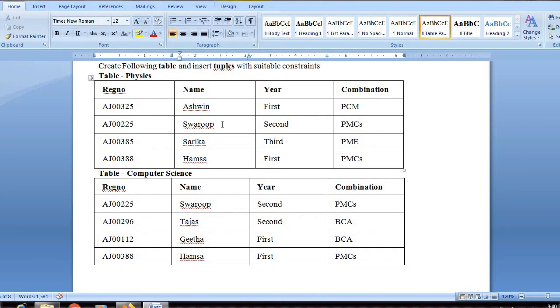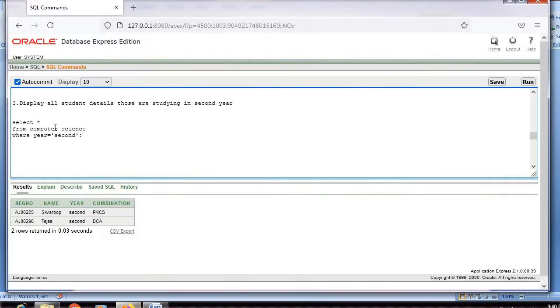Swaroop is present in physics as well as in computer science. And Tejas is also present in computer science. So, by looking at the tables, we can find that the students who are in second year are present only in computer science. For that reason, in my query, the from table I have taken as computer science. I hope you understood.